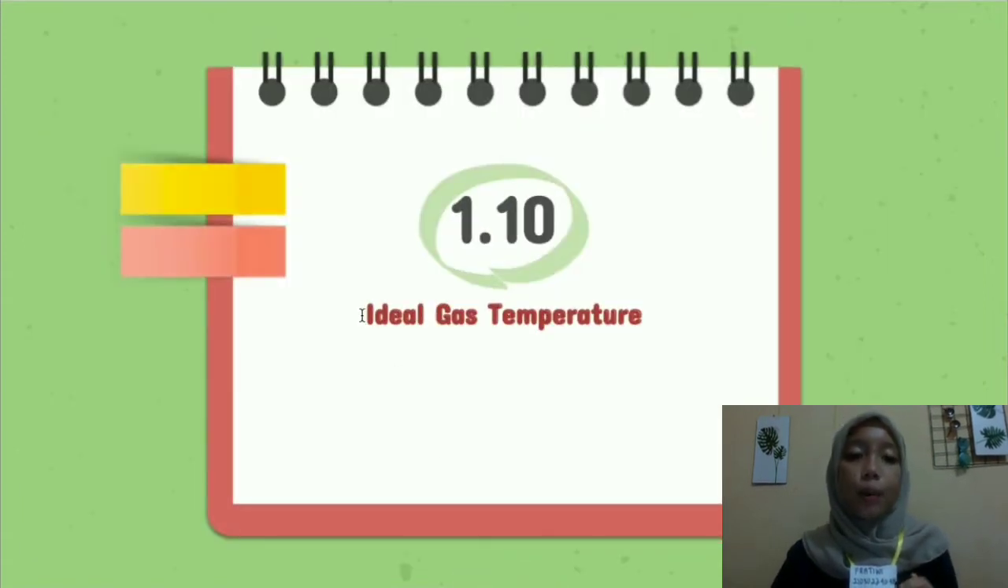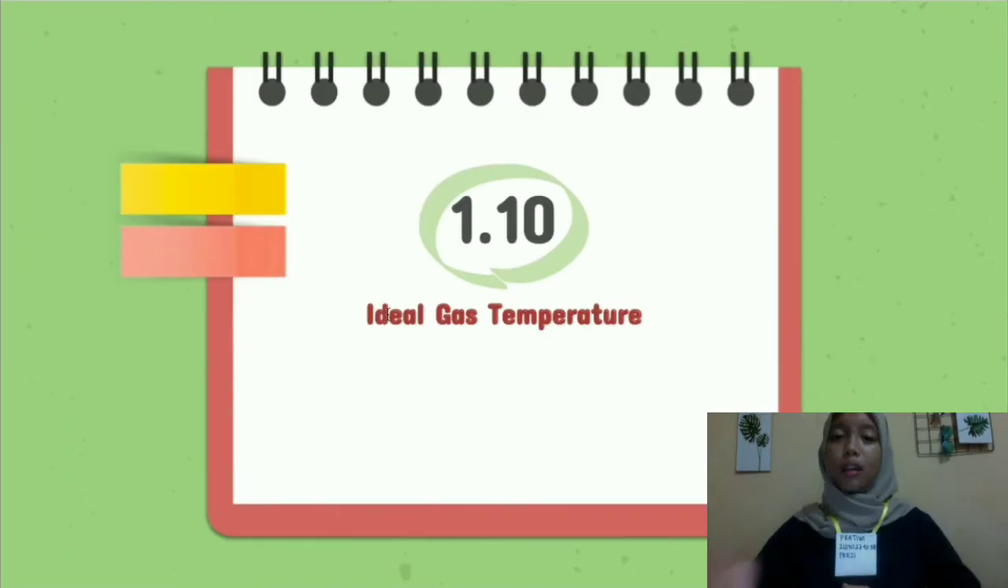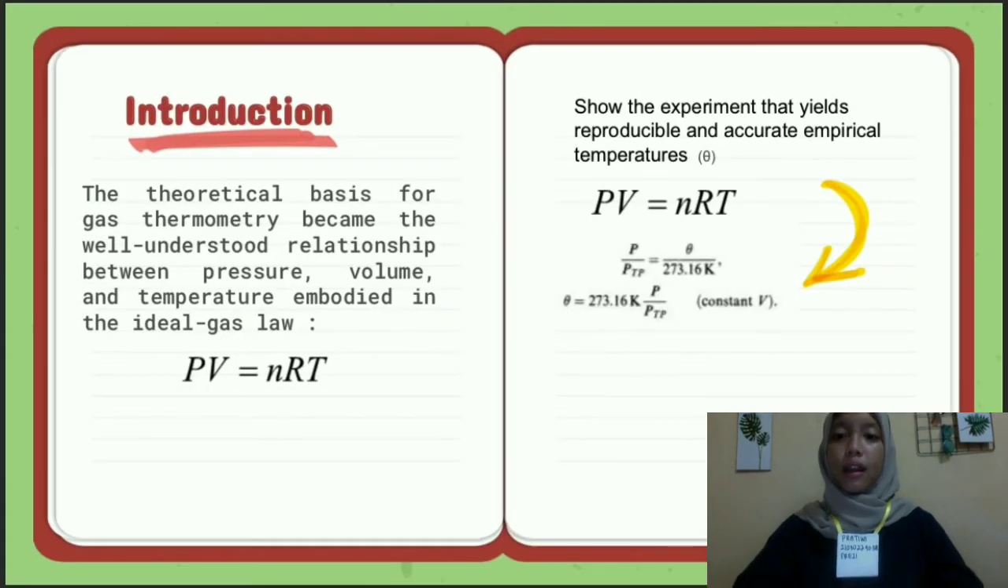Next, I want to tell you about the ideal gas temperature, material 1.10. In the previous material, we learned about the constant volume gas thermometer. In this material, we learn about the ideal gas temperature. So, what is the gas temperature? Gas temperature is the theoretical basis of a standard. The basis for gas thermometry is the well-understood relationship among pressure, volume, and temperature embodied in the ideal